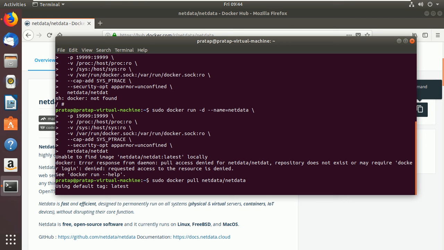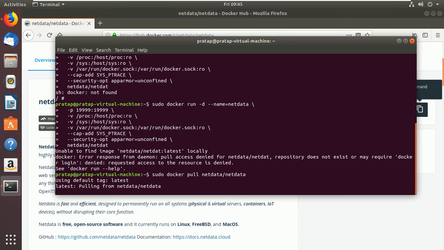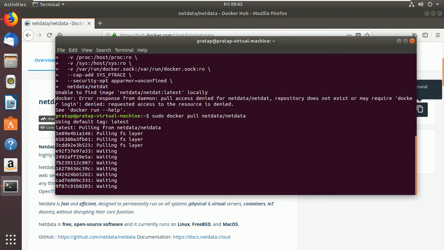Now it will pull all that netdata related, all the services it is going to pick. Okay, and now we are directly pulling from netdata. Can you see that? So just waiting. It will be picking up all. Okay, just wait for a while. And this package directly it is picking from the internet.